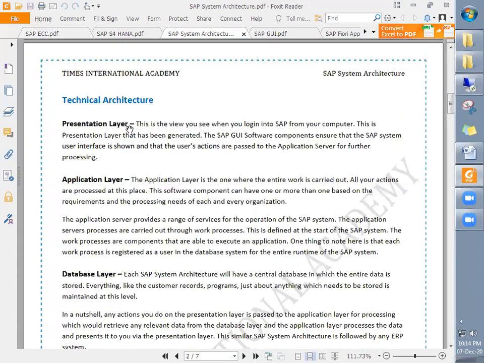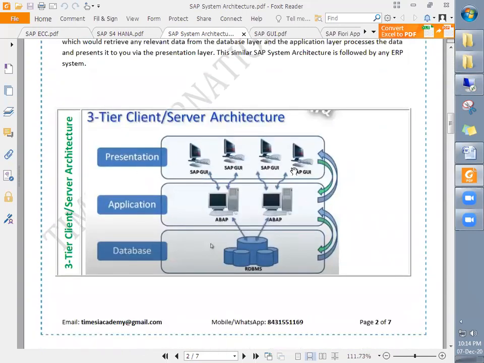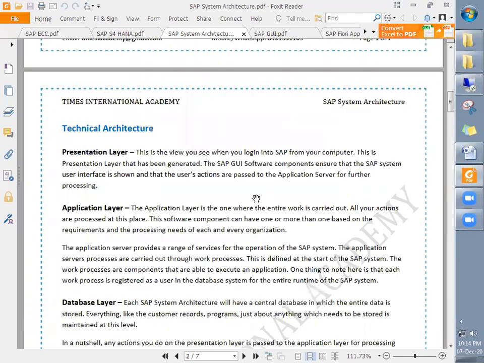You can see this is the 3-tier architecture. It contains the presentation layer, application layer, and database layer. The same architecture is available in R3, ECC, and S/4HANA. The same architecture is used in all 3 business suites, and that is the reason why it is important for us to understand this architecture.